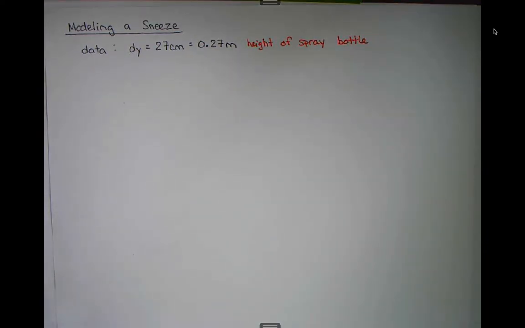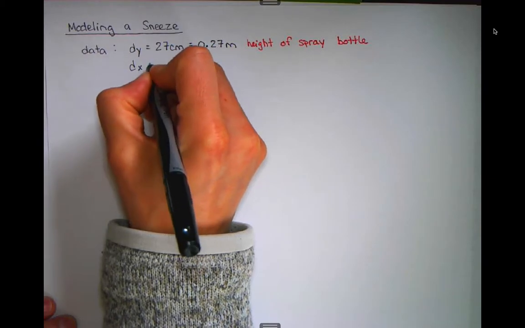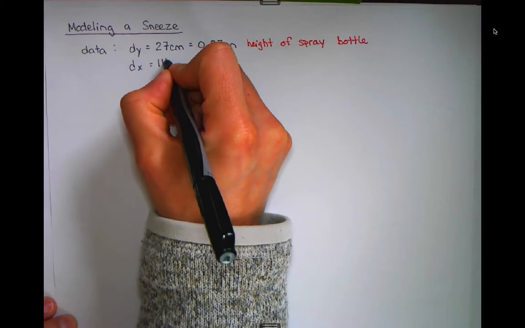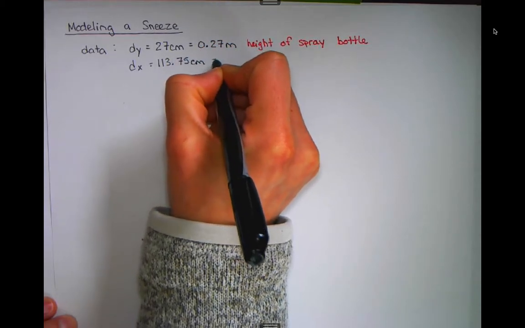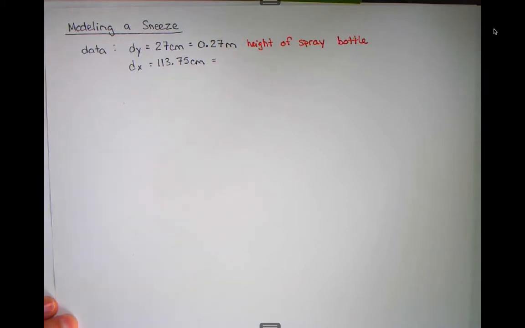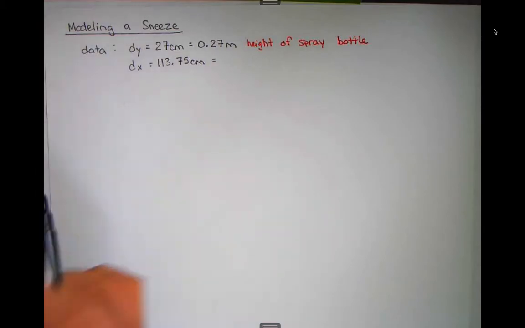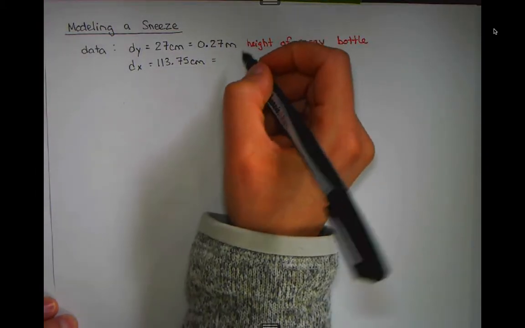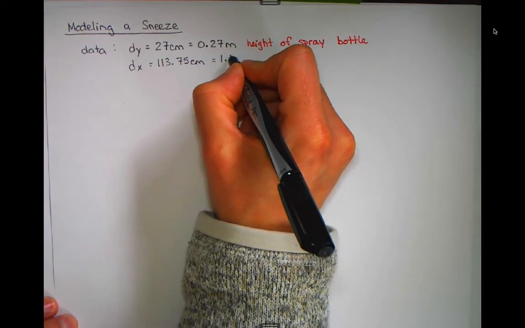The other piece of data that we just collected was measuring all those little dots. That's the distance in the x direction, and my average is what I'm going to use. My average was 113.75 centimeters. Your average will be different. Your values here will be different, but they should be the measurement of the same quantity: the height of the bottle or the distance where the particles landed. Again, I'm going to convert this to meters, divide by 100, so